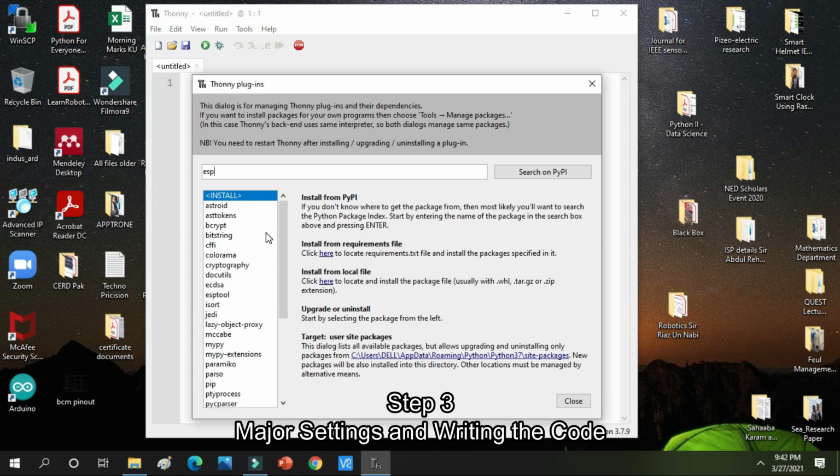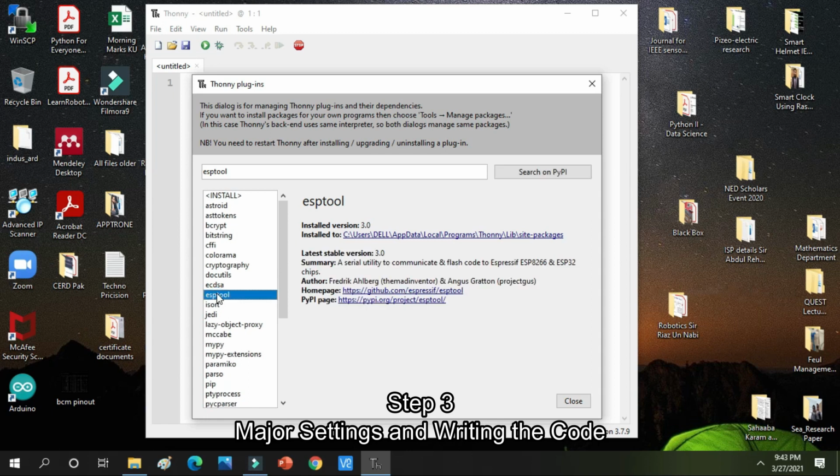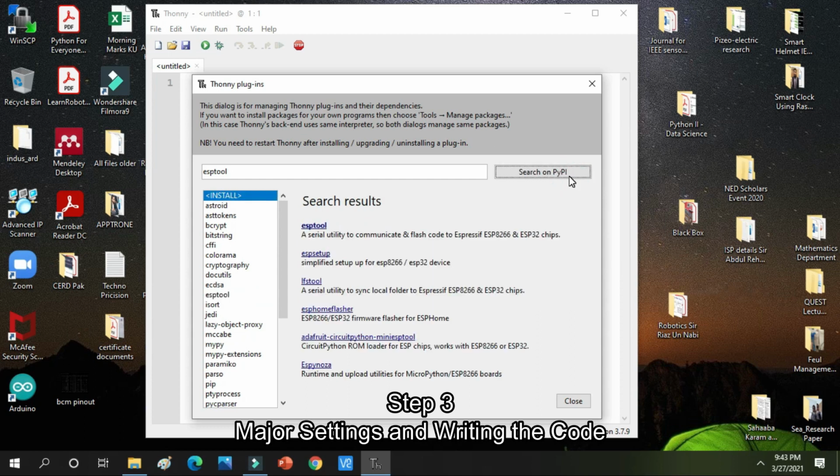So ESP tool is here. You can see here it is. I am clicking on ESP tool, and after clicking on ESP tool I will install it. So I will click search on PyPI and it is on the top. I am clicking on it.